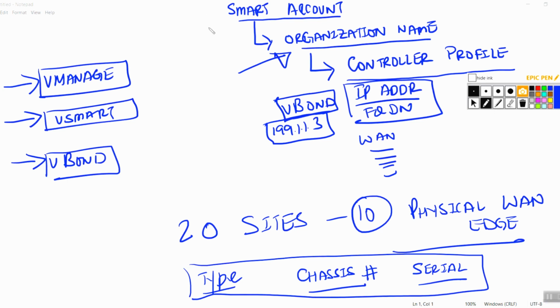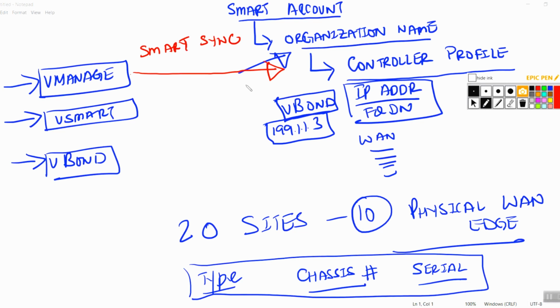So now your controller knows that it has 10 of these physical WAN edges, at least on your cloud. Now, how does the vBond know about it? It doesn't, because I just stood it over here. So what you need to do is you need to set up a connection between vManage, not vBond, vManage, and your smart account portal, where vManage logs in and does what is known as a smart account sync or a smart sync,